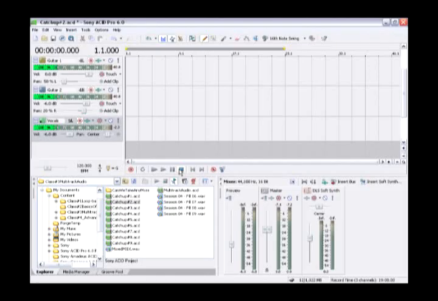My card has 8 analog outs. I'm already using 2 of those outs, outputs 1 and 2, for the main stereo mix that I hear over my computer system when I play the project. We'll consider that to be the control room mix to which the recording engineer, that's us, will listen while the